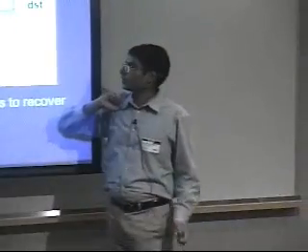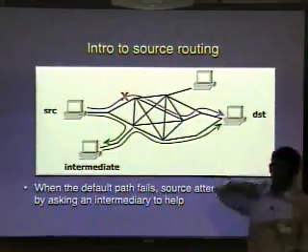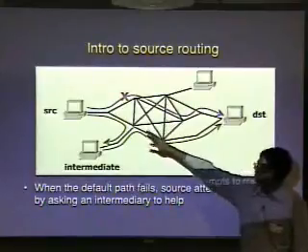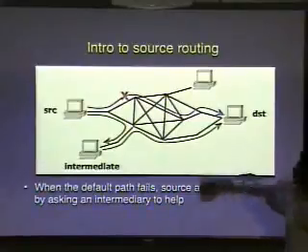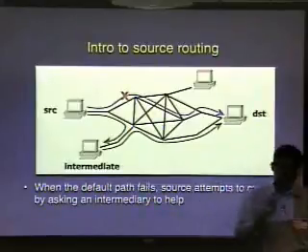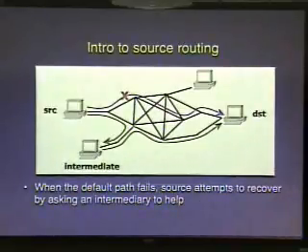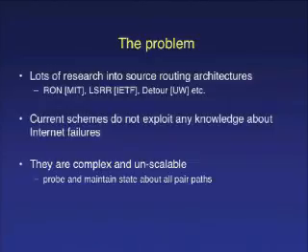Now, source routing is a very simple idea. You have a network and a bunch of hosts that are connected to this network. You have a source node and a destination node, and a path that goes over this network, which is shown in pink. Now, when this path fails at a certain point, contrary to what you might expect, today, paths in the internet take quite some time before they recover. So the source node, during this time, rather than just sit and wait for the default path to recover, can ask some intermediate node located elsewhere within the network to help route the packets to the destination. So if I cannot reach Victor directly, I can request Alec to help forward my packets to Victor. Because I, the source node, am making the routing decision, we call it source routing.